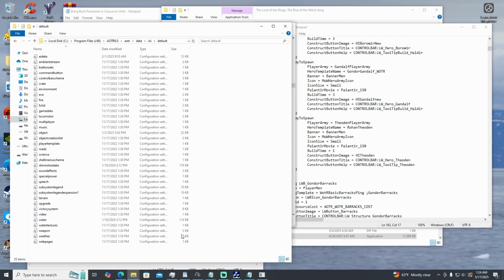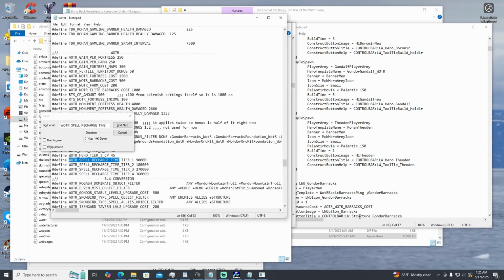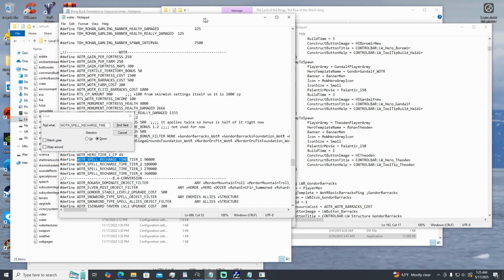So, I've learned that this little spot here, this INI, is one of the last places where the game will process its different functions. And when you go to mod the game, they include that there for convenience. I'm not going to pretend like I fully understand a lot of this stuff, but that's basically what I was told. So you go over to Water, you put in War of the Ring spell recharge time, and you can see